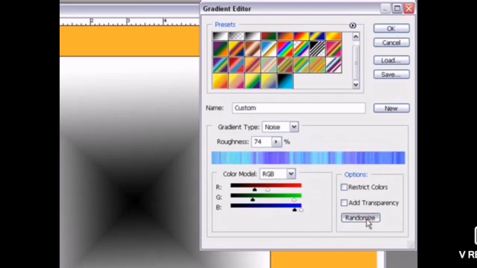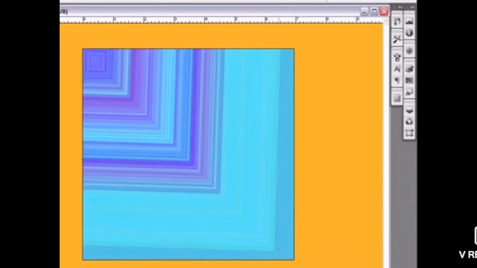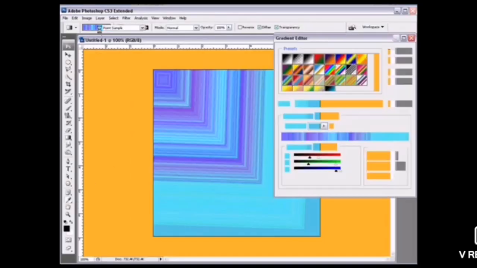As we have clicked on new, now suppose this is the color pattern I want. So I have chosen it through random, I said okay. Now the same pattern I wanted on my screen. So see, this way I have dragged it from the left-hand side corner to the right-hand side. See how beautiful it looks. Look at the colors. It looks so beautiful, isn't it? The pattern, the shades.